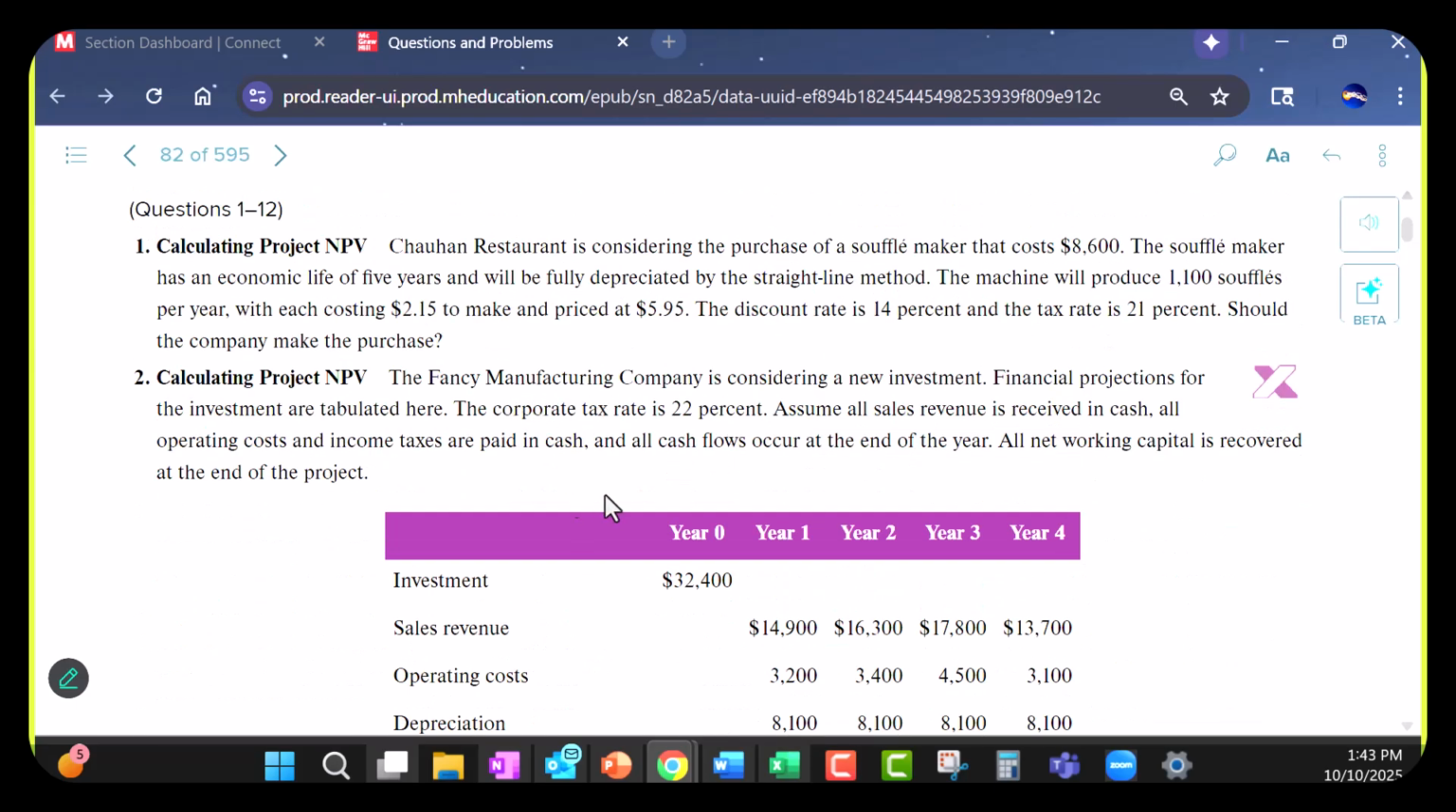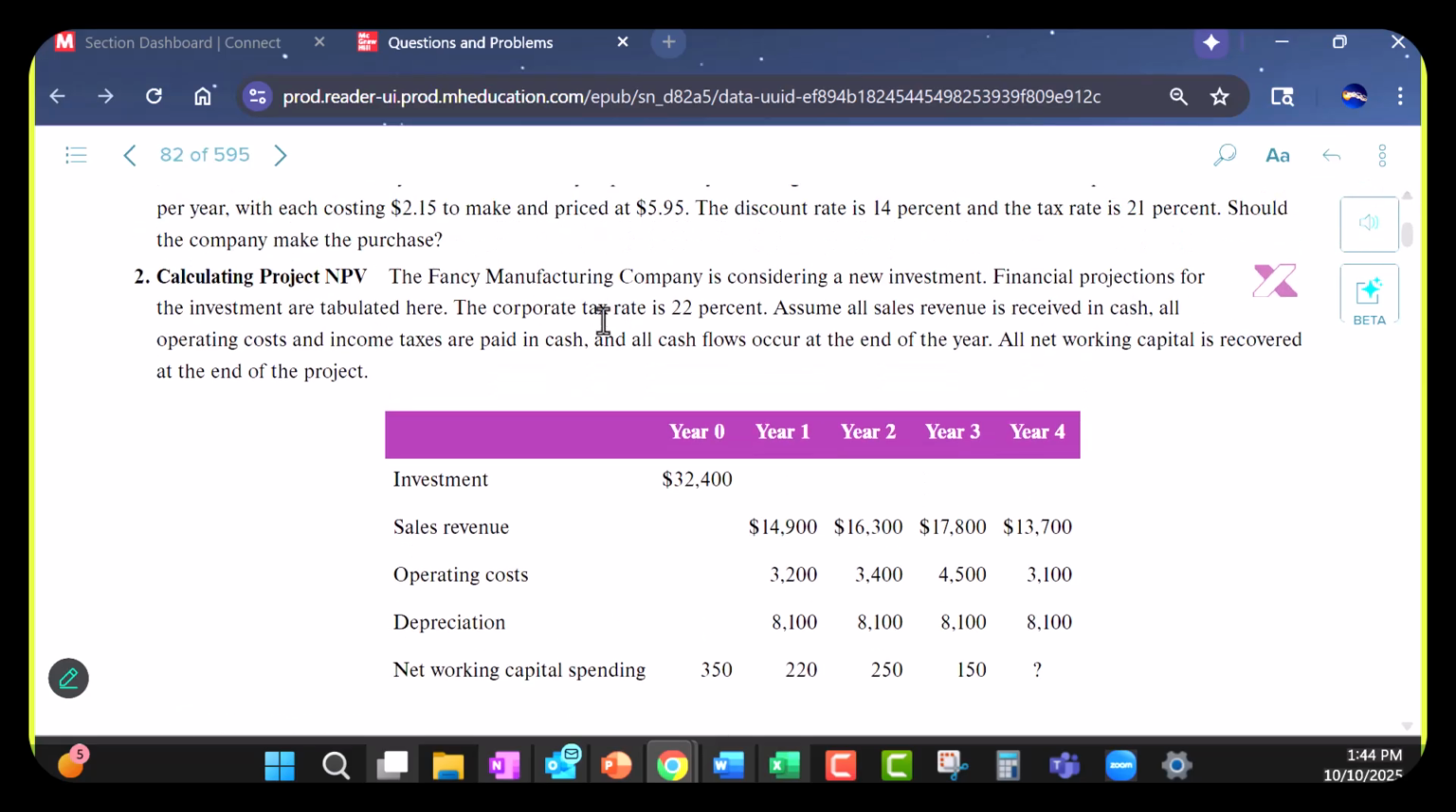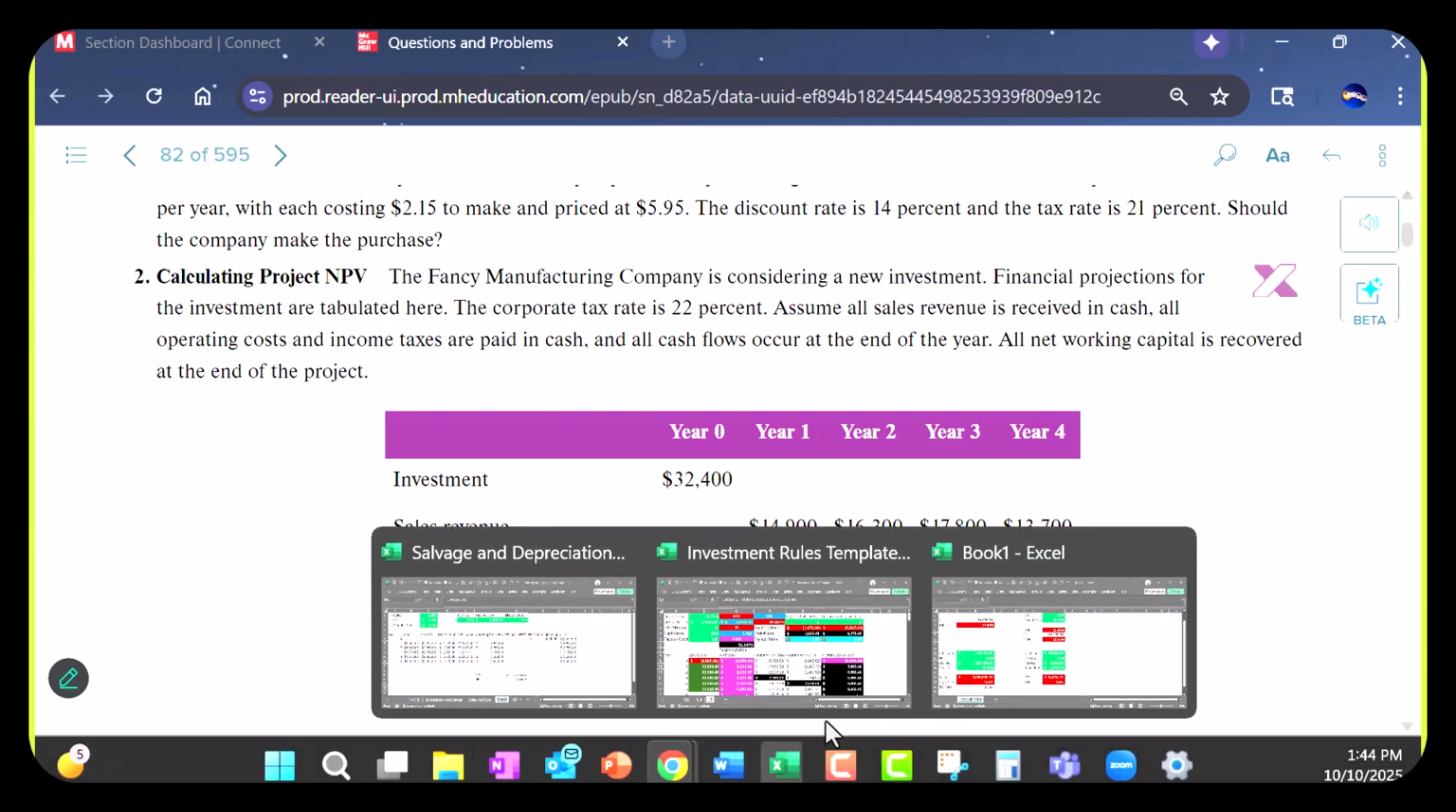Okay, let's do this. There's a lot of stuff going on here. These are the financial projections. Tax rate is 22%. Assume all sales revenue is received in cash. Everything is cash. All net working capital is recovered at the end of the project. All right. So in this case, let's go ahead and